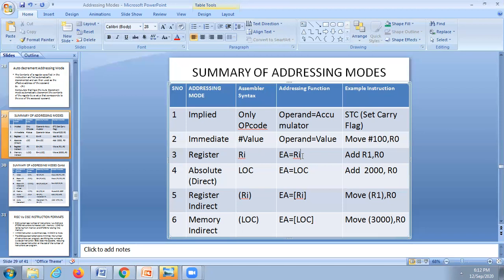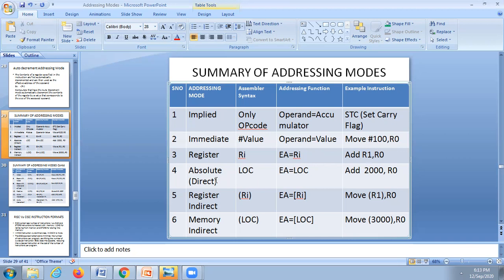The effective address is nothing but the address where the data is available, that means the address from which you will get the data. Here the example of register addressing mode is add R1 comma R0. The R1 contents are added to R0 and the result is stored in R0.